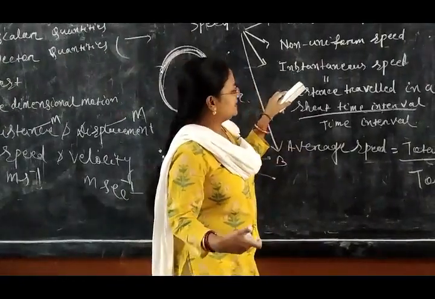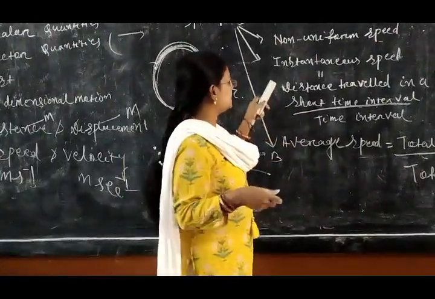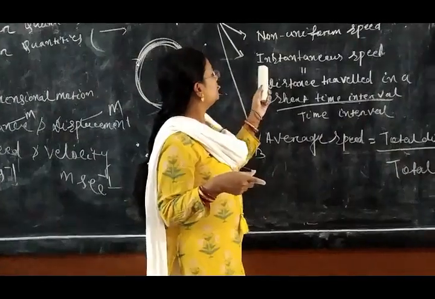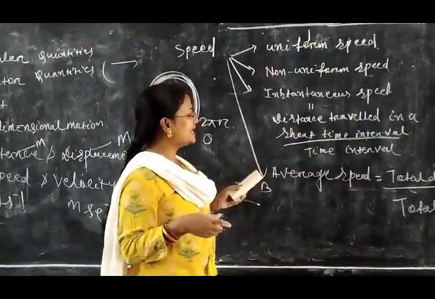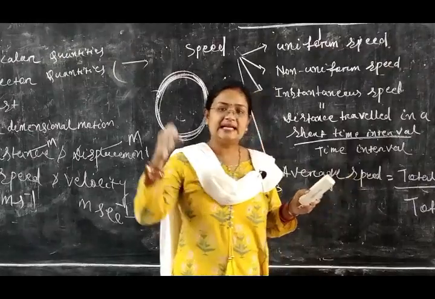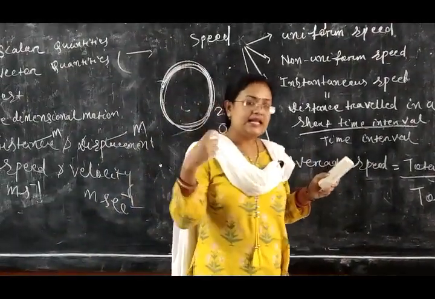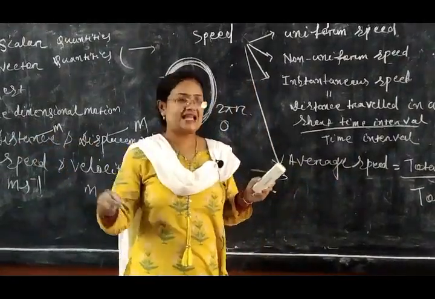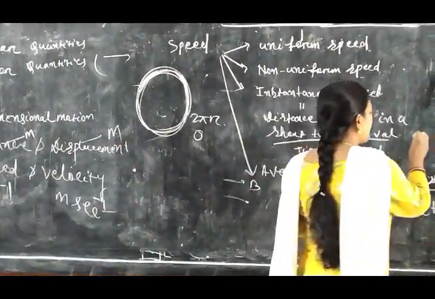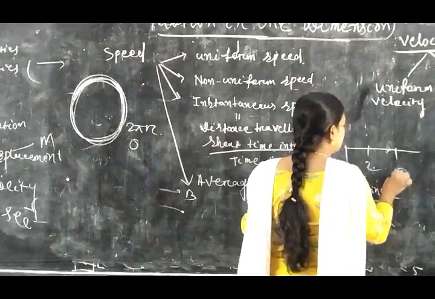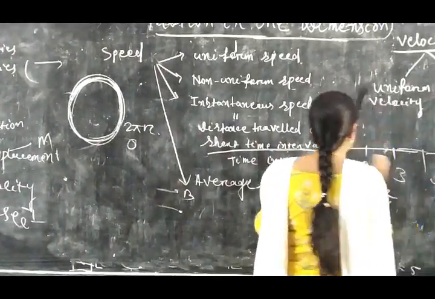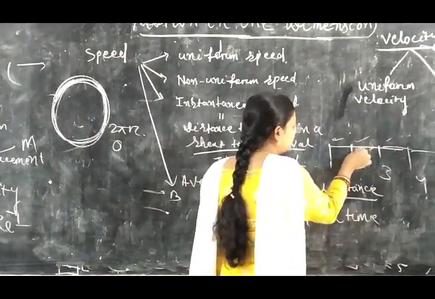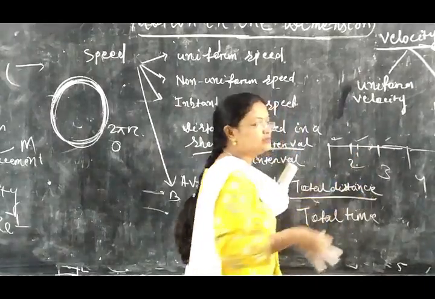And the instantaneous speed and the average speed are there if the speed is non-uniform. If the speed is uniform, generally the instantaneous speed and the average speed are equal. But if the speed is non-uniform, you see what is first instantaneous speed? Instantaneous speed is your speed at any instant. Speed at any instant. If a body covers unequal distance in equal interval of time, suppose at 1, 2, 3, 4, 5 seconds, and the body covers some distance. Okay, suppose we want to calculate the distance covered at 2.1 second, 2.2 second.